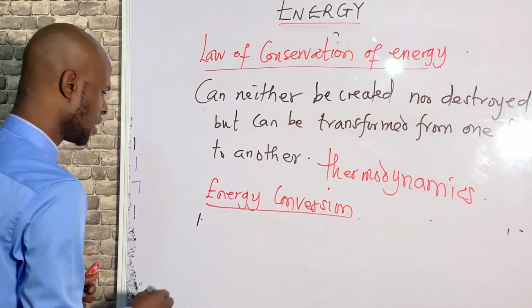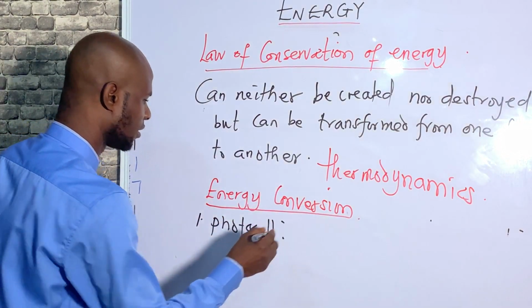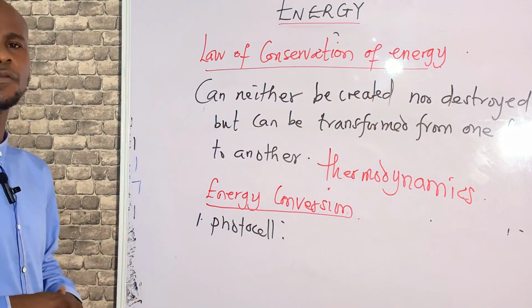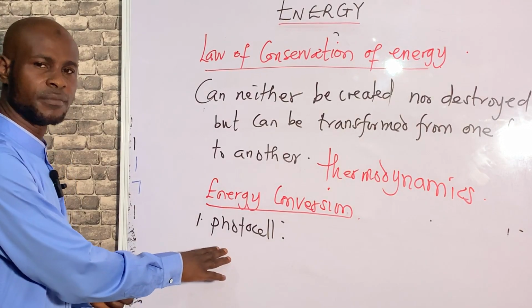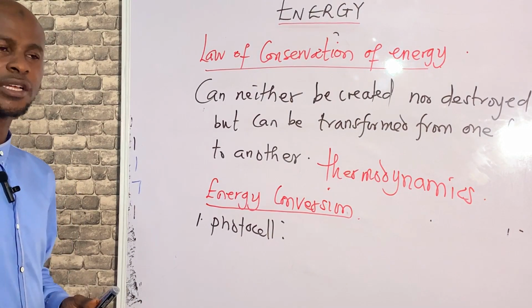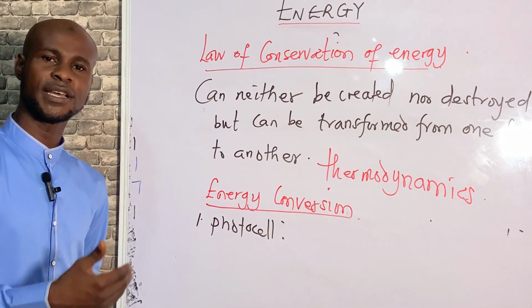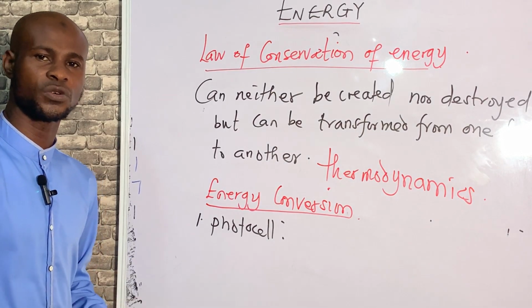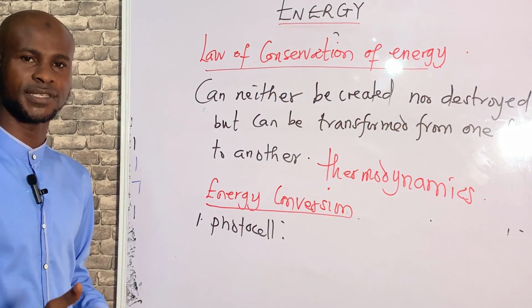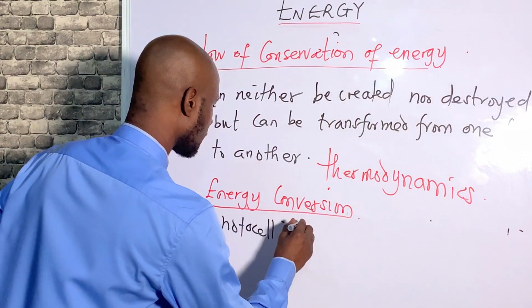For example, a photocell is an instrument that converts light energy into electrical energy. You can see photo. Photo means light. Cell means a device that generates electrical energy. That's your normal battery, a cell. So we have the photocell. It converts light